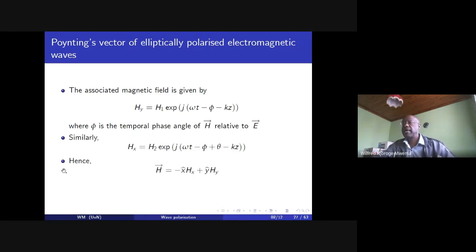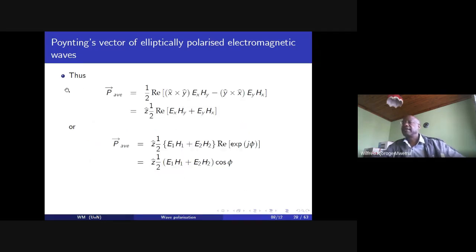And hence, we have that H is going to be given by that vector sum, and we can see that the P average is going to be given by a half of that, and what we get is Ex, Ey, Hy, Ey, Hx, and once we substitute the values that we have there, we just get that the theta falls out, that is, the angle by which Ey leads Ex does not affect what the value of P average is going to be,